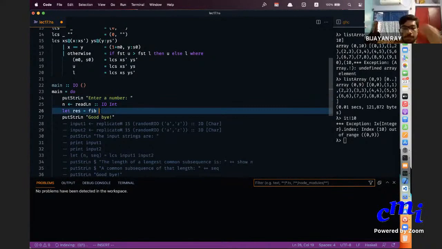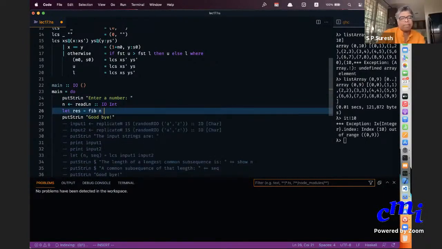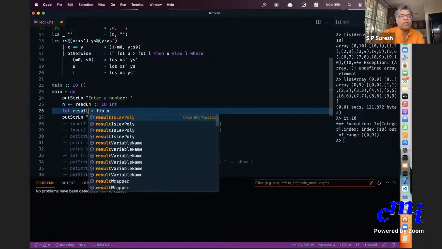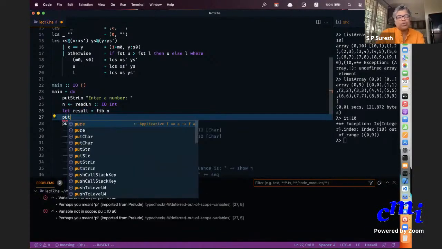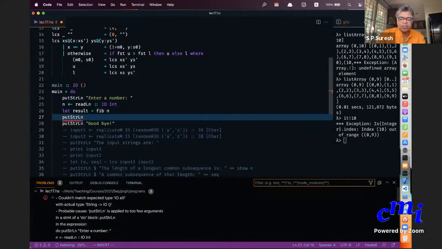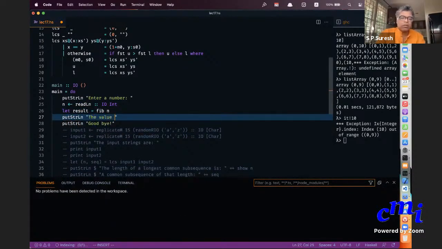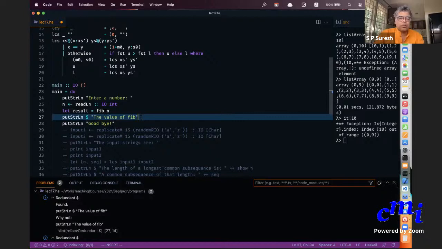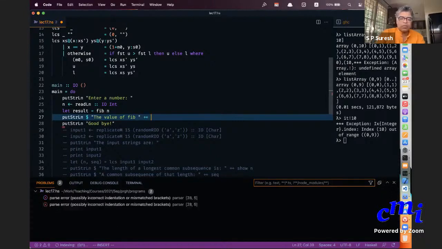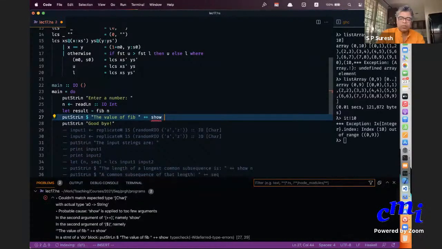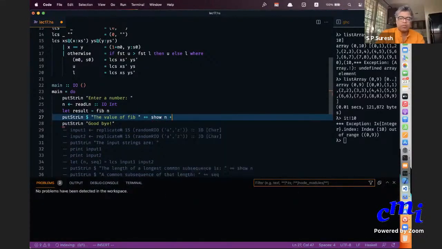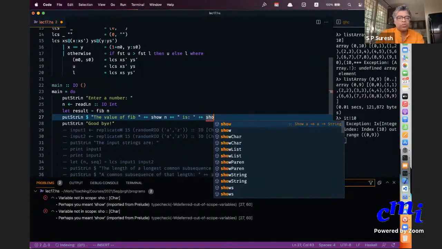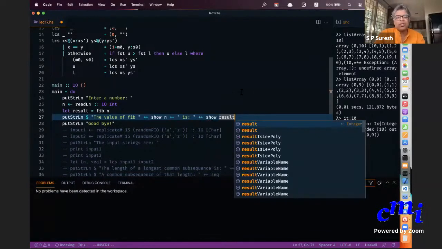So I'm saying let result equal fib of n, and then I'm just going to type that, just to show you that you can do something non-trivial.